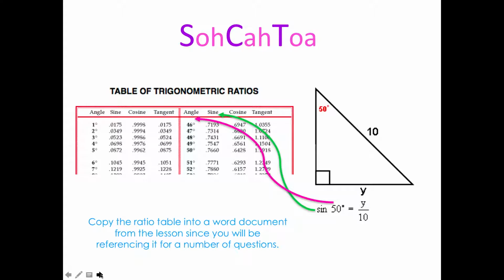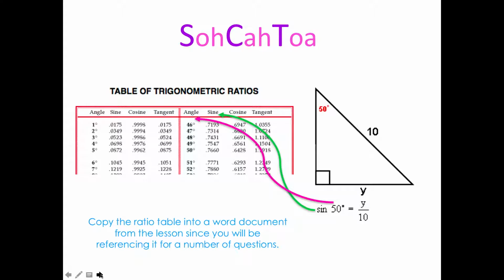As you can see, looking at the headers, you have a column labeled angle, and columns labeled sine, cosine, and tangent. Because I'm taking the sine of 50 degrees, I'm going to find my column that says sine, and find the row that has an angle listed as 50 degrees. Now you can see there's two,